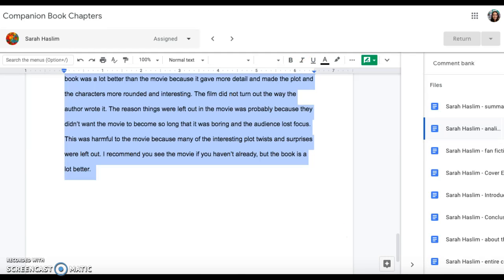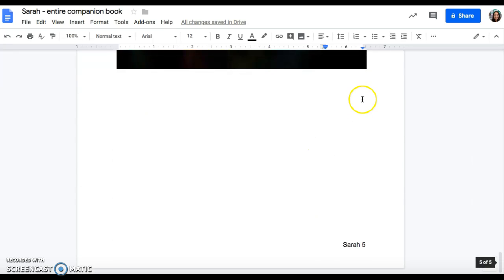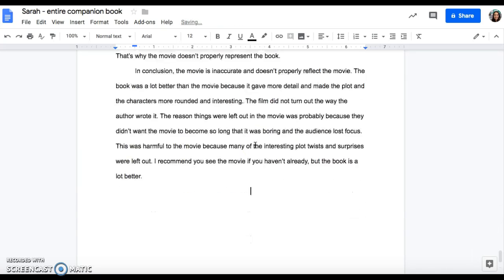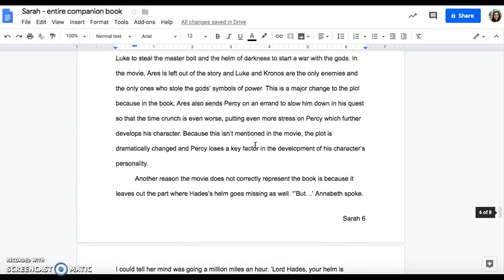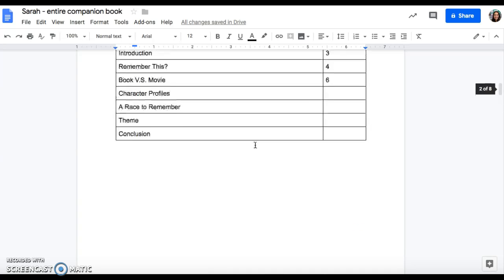Control C or edit copy, then I go in. I need to do my page break to get to page 6, and then I paste it. Okay, and then this one is from page 6 to 8. Great. Now my next chapter that I'm supposed to put in, if I look at my table of contents, is